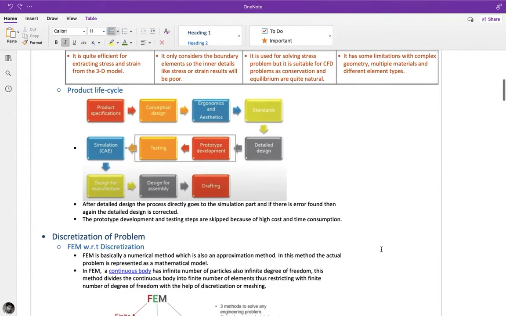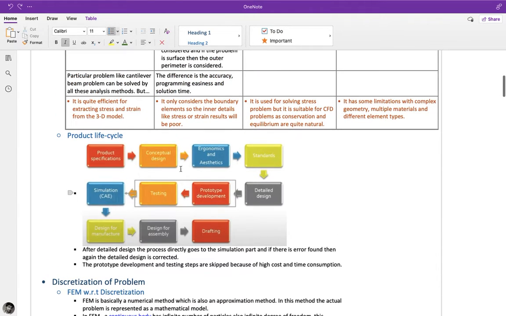And the second one is the product life cycle. In the product life cycle, it basically comes in this area. What happens is that first we have a product specification, then it goes to the conceptual design, then to the ergonomics and aesthetics, design and shape, and then to the standard design model. After that, the prototype is developed, then it goes to testing, and then simulation is conducted for the stress and strain, and then design for manufacturing, then assembly,